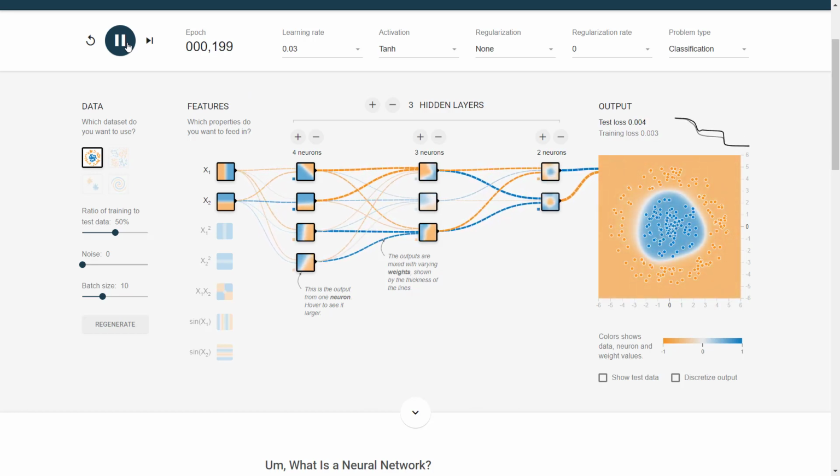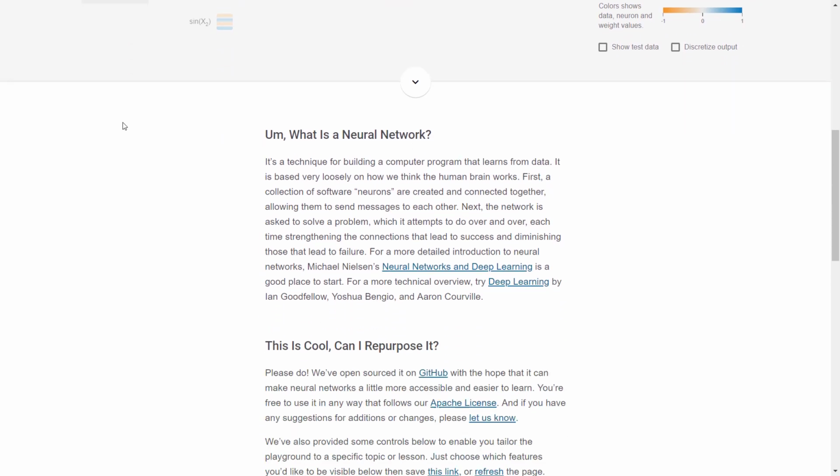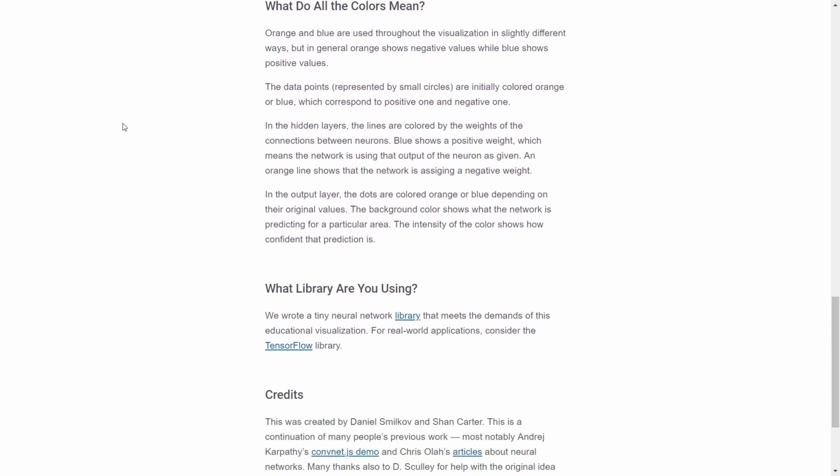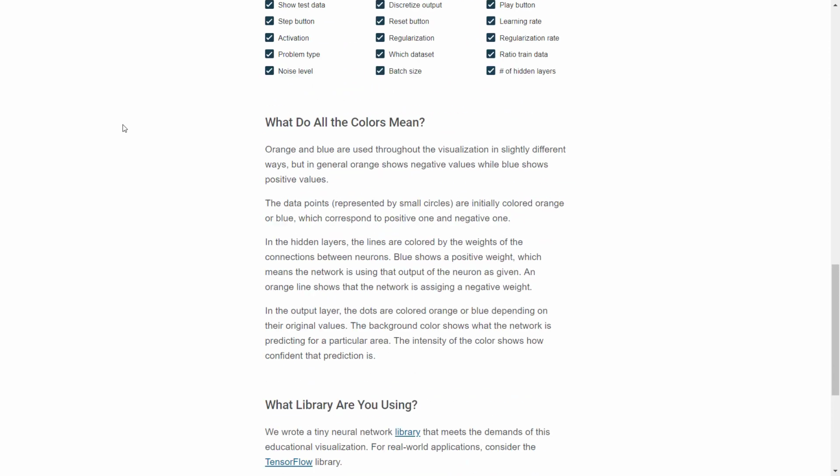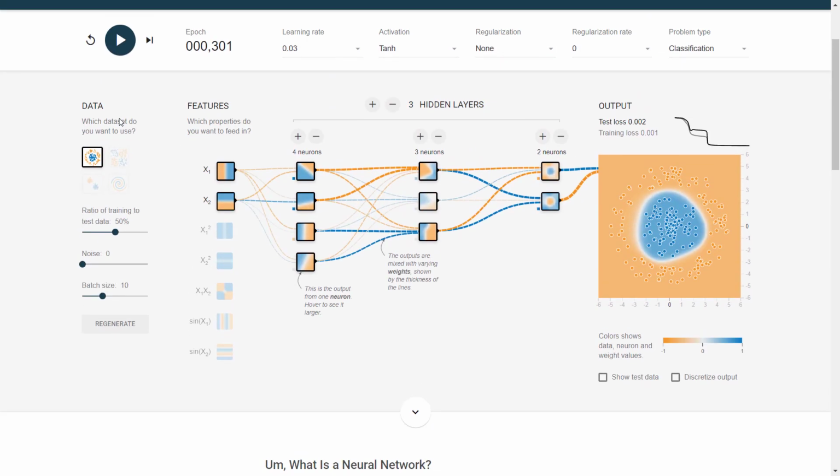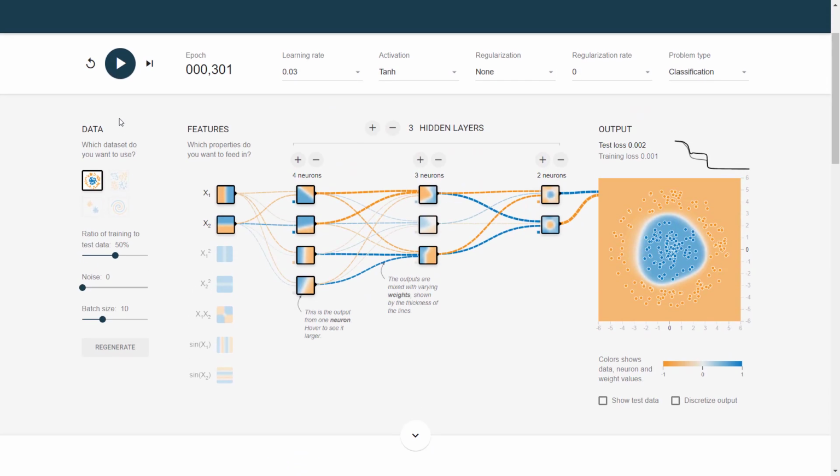Oh yeah, fantastic. I hope now you can see the relationship between the architecture of the network and its predictive capabilities. There are many other parameters in this app. You can learn more about them here. And you can also just try to play with the parameters and see the results.